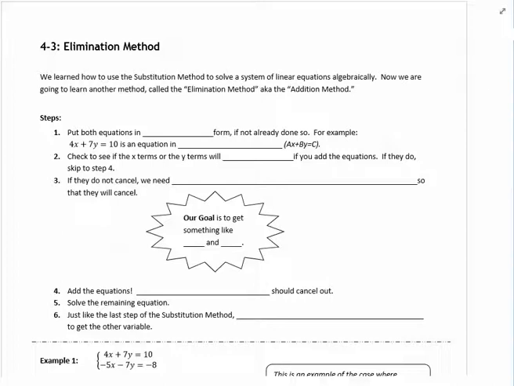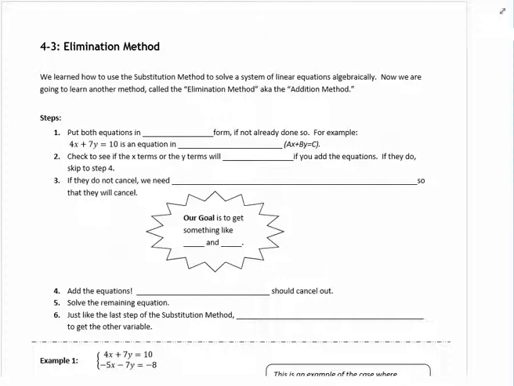Alright, welcome to a video on the elimination method. So we've already learned how to do the substitution method, which is an algebraic method. So now we're going to learn about another method called the elimination method, which is also known as the addition method. So the overall goal for solving either substitution or elimination method is to reduce the number of variables that